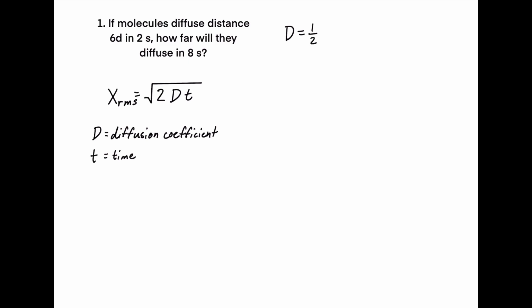equals the square root of 2Dt, and this is where D equals our diffusion coefficient, and t equals time. And so, what is our diffusion coefficient? Well, our diffusion coefficient D equals 1/2